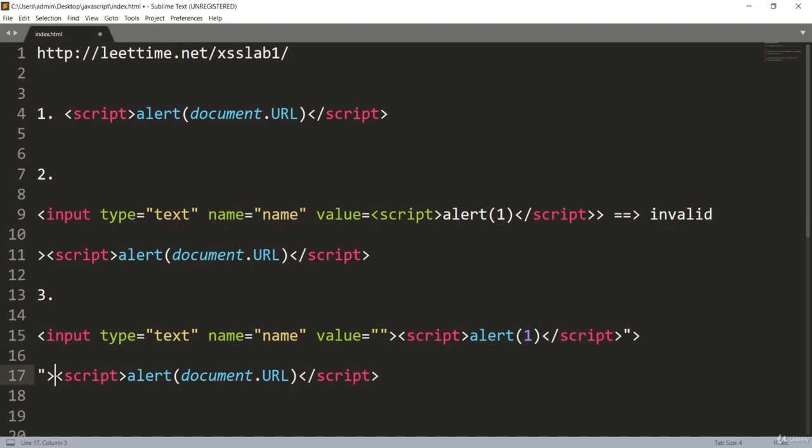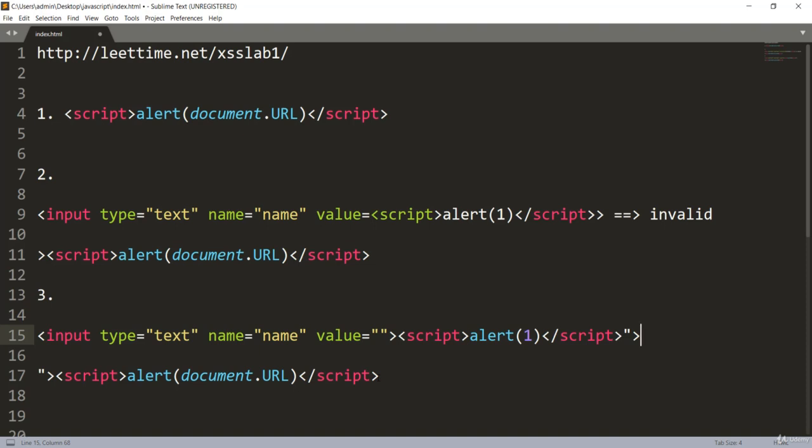So these two parts will close our value field or attribute first, and after that it will close your input tag. After that you can just make use of your script, and anything after that script won't be executed, and we don't care about this. We only care about our script. So anything beyond that we need not close, or we need not do anything.